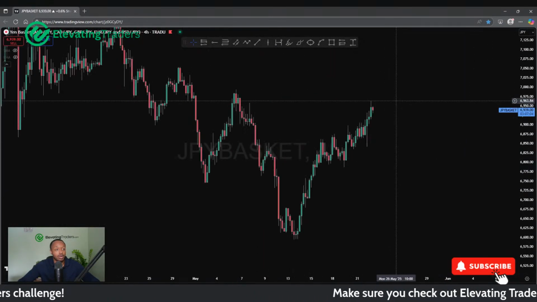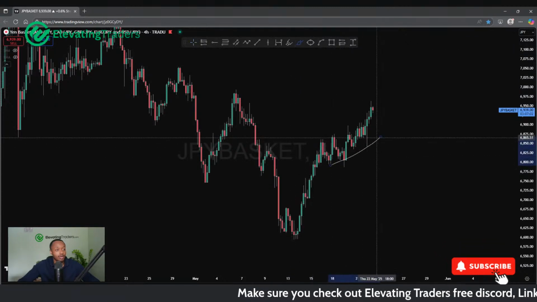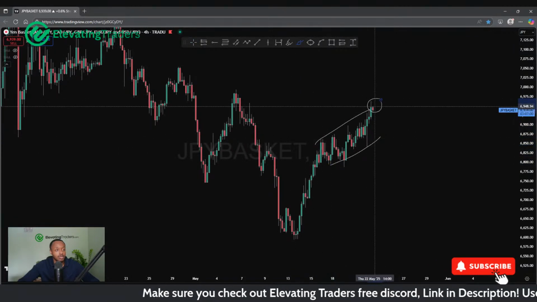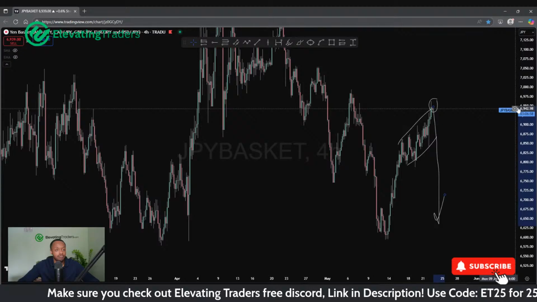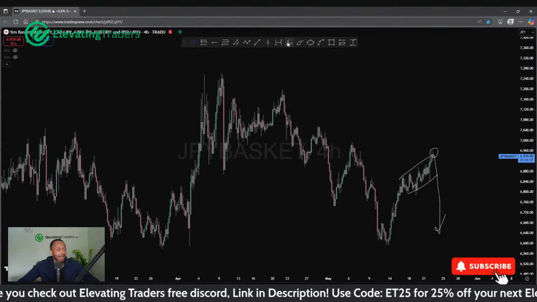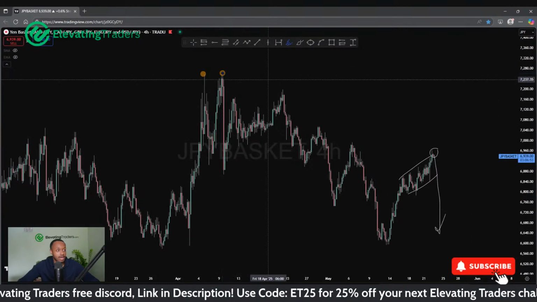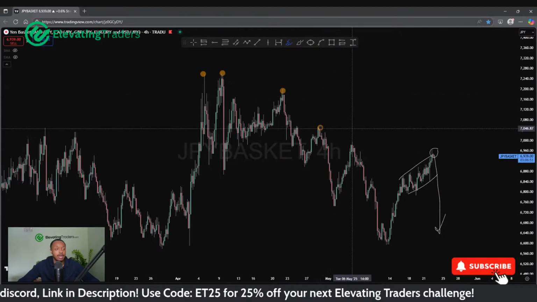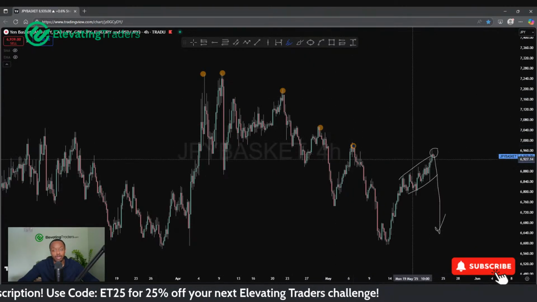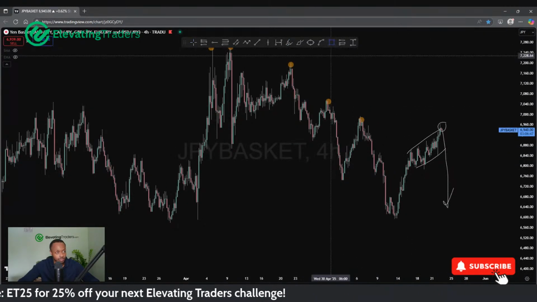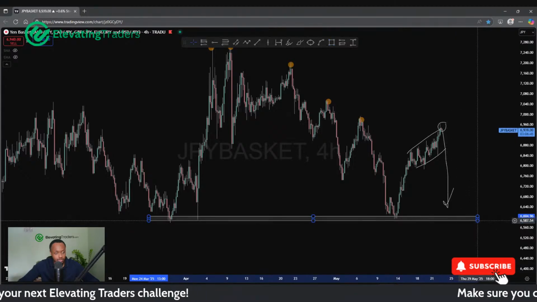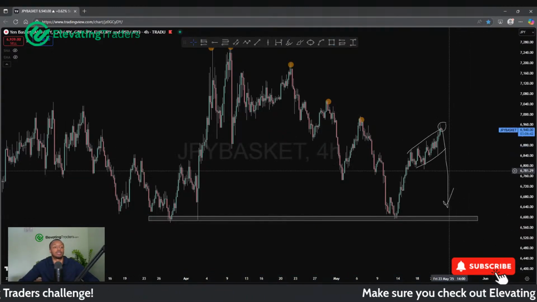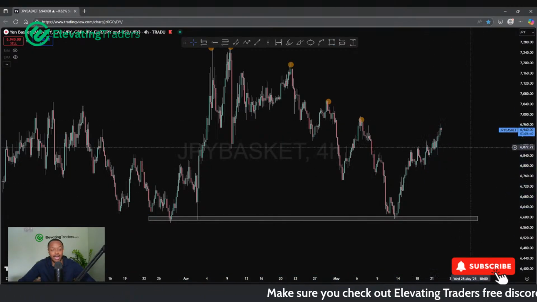I'm still looking for a lower high, mainly because we are still very corrective on the way up. So I'm still under the impression that we can still drop. We do have these lower highs to our left. So we have the double top up there, the lower high there, lower high there, lower high there. So again, looking for essentially another lower high for a push back into support. So that is still very much the take I have for the yen.